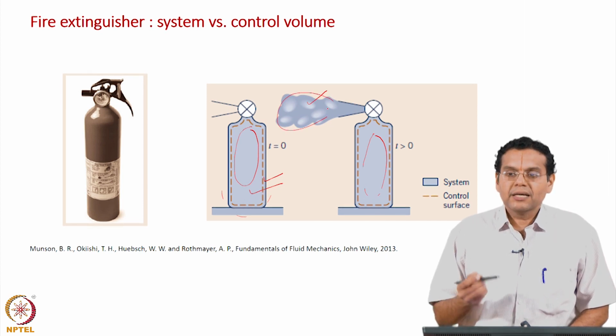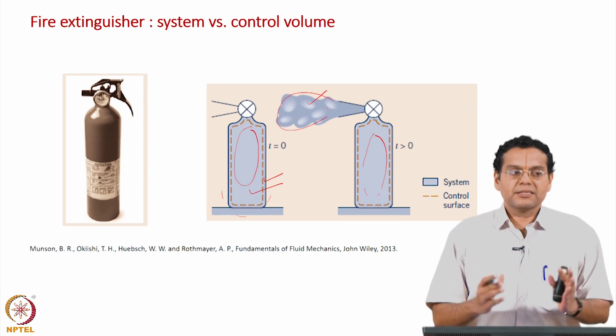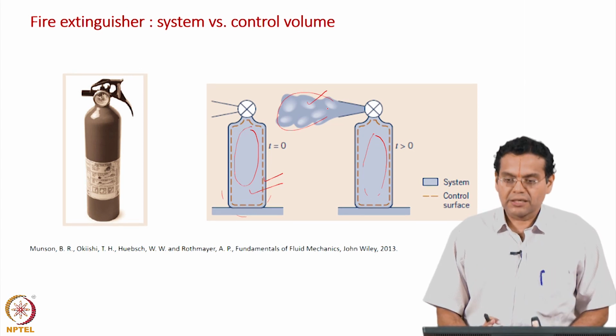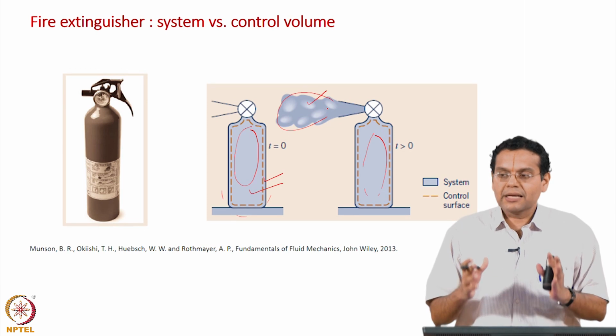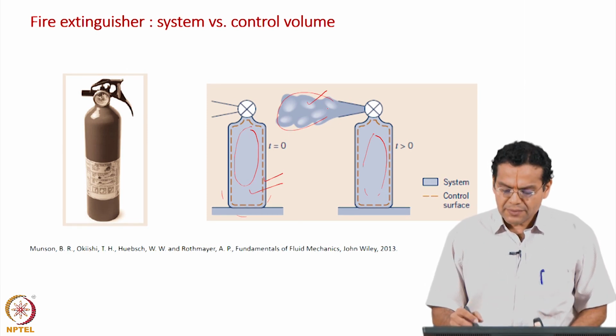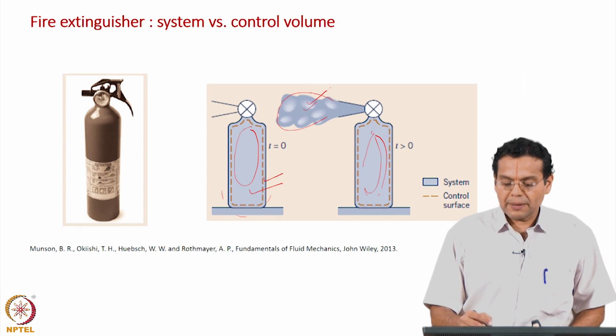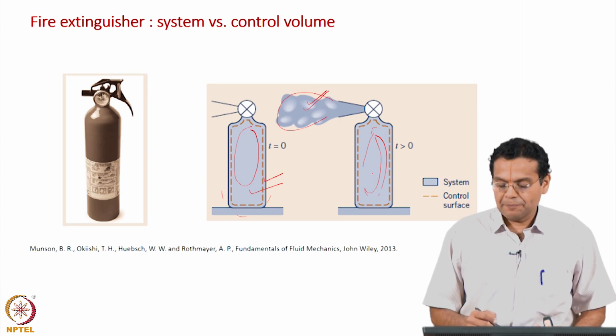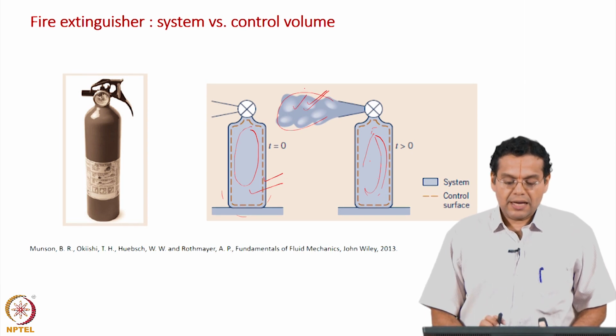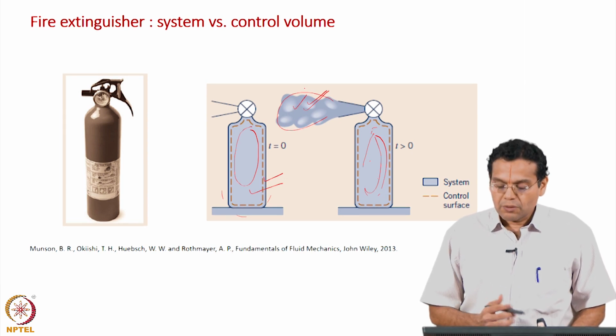Why is that? We said the moment we identify a system, and it is constituted of a set of, let us say in this case, 1000 particles, I should always keep tracking those 1000 particles. Let us say about 800 particles are here and 200 particles escaped. So, my system still constitutes the remaining gas inside the cylinder and whatever gas has escaped. Now, what is the control volume?